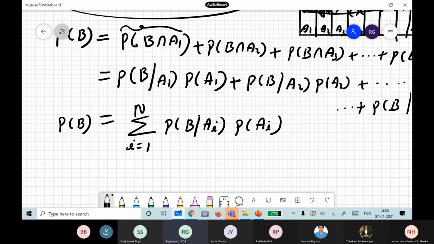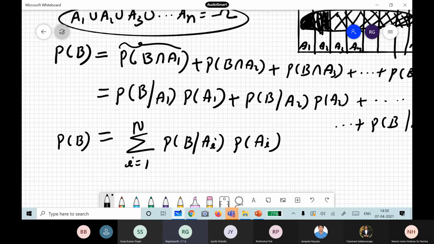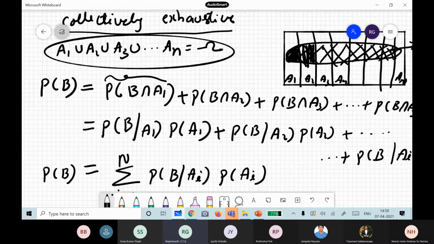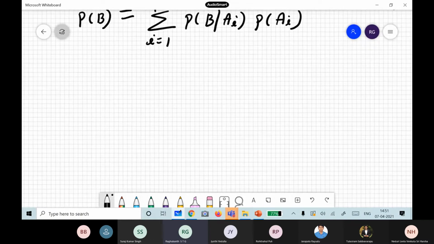What this total probability theorem tells us is, if I have several events A1, A2, A3, A4 like this, and I want to find out the probability of any event B, I will add the individual contributions from these basis events. I sum up, and I will get my total.